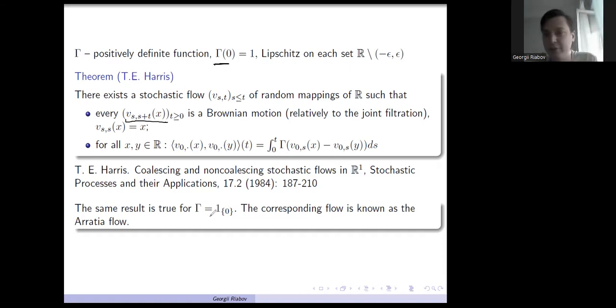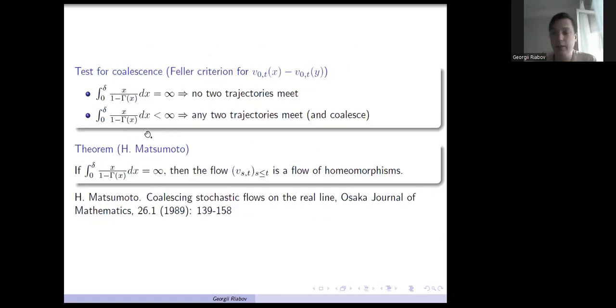It's not correct to say that it is a characteristic function, so it is a discontinuous positively definite function. For it, the theorem of Harris is also true, and the corresponding flow is known as the Arratia flow. In a minute, I will discuss the Arratia flow,